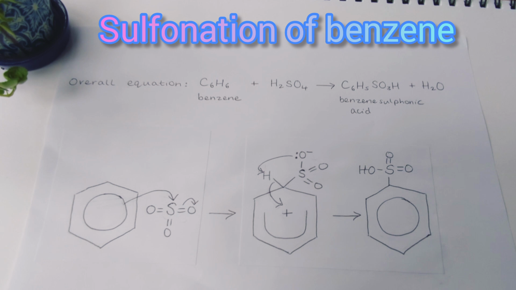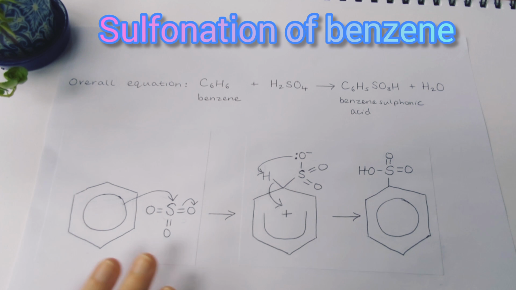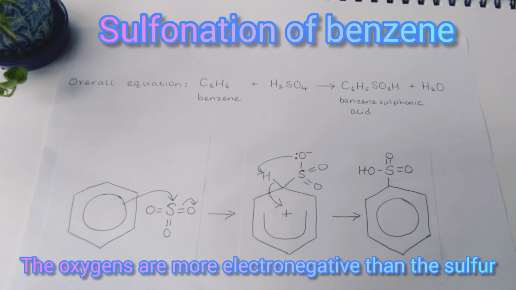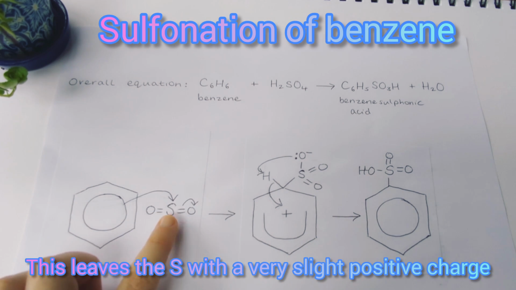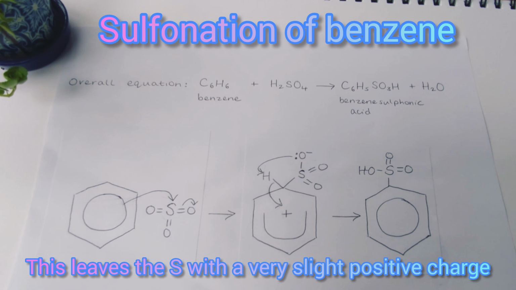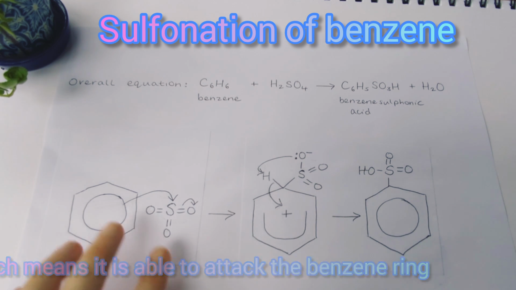Now let's look at the mechanism, and let's start by looking at the electrophile, which is SO3. Now these three oxygens attached to the sulfur are a lot more electronegative, so a lot more electron pulling than the sulfur. This leaves the sulfur atom with a very slight positive charge, and that means it's able to attack